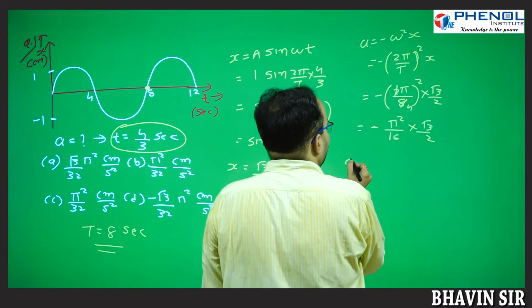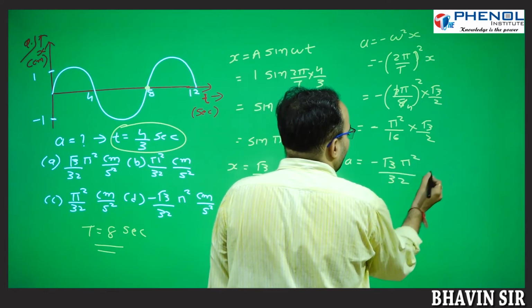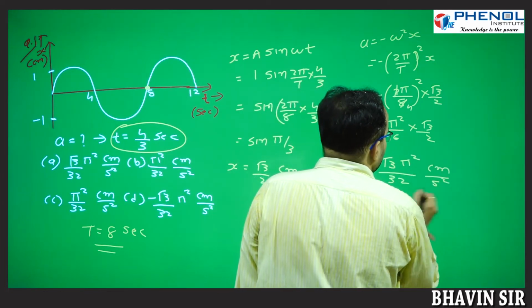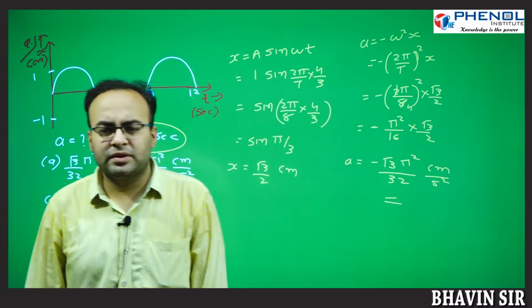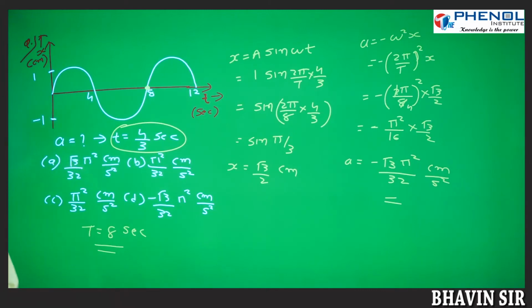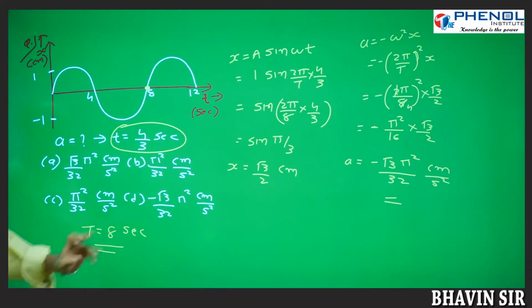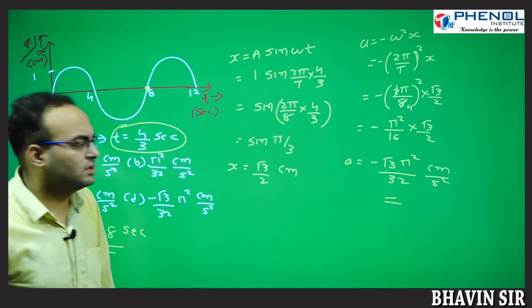and its square, so pi square by 16. So what is the final answer? √3 pi square upon 32 centimeter per second square. Clear? Chalo, so this is the acceleration, students. Now next,